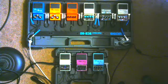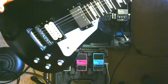I'm not going to go through the settings. If you like the way the pedal sounds here, buy it and play with it and figure out your own settings, because the way I have it set may not be the way you will want it set. Okay, here we go. This is just so you can get an idea for the clean tone. We are using a Gibson Les Paul for the demo,